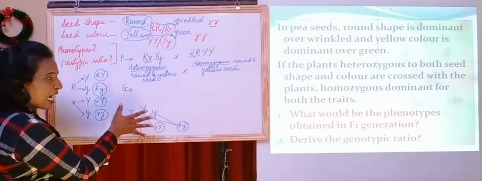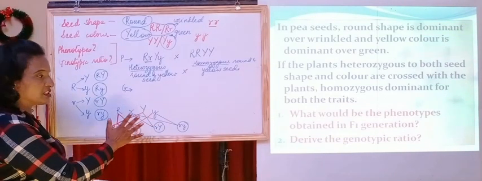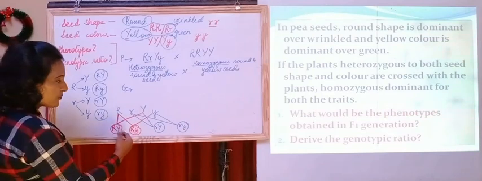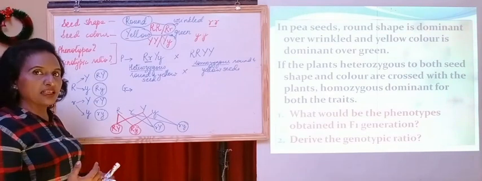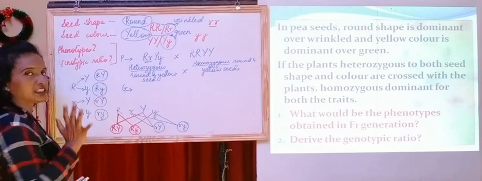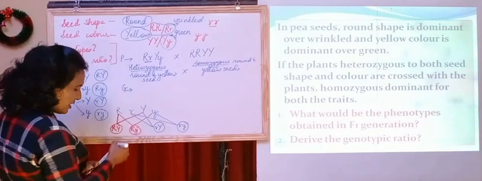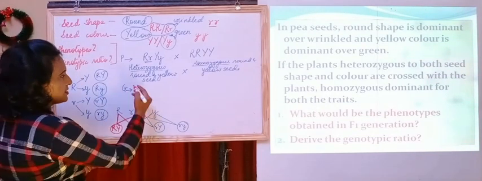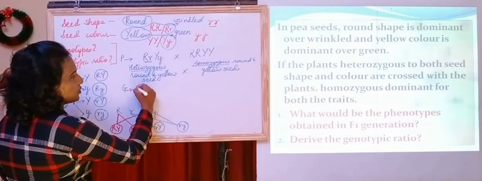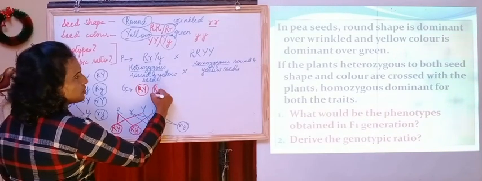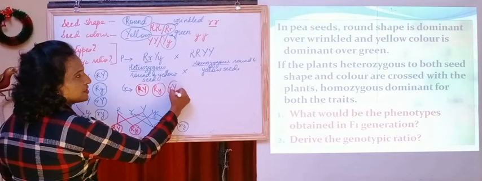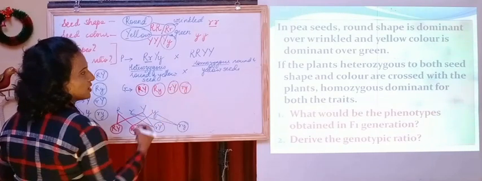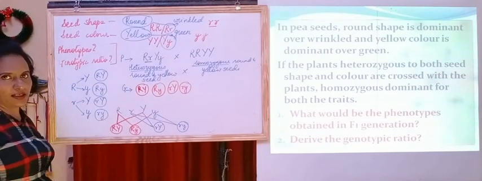So, since I feel this is the method which is good, so that we can find any possible gametes very easily, I will follow this technique. What we have got as gametes are capital R capital Y, capital R small y, small r capital Y, and small r small y. So, these are the 4 gametes of this parent, right?